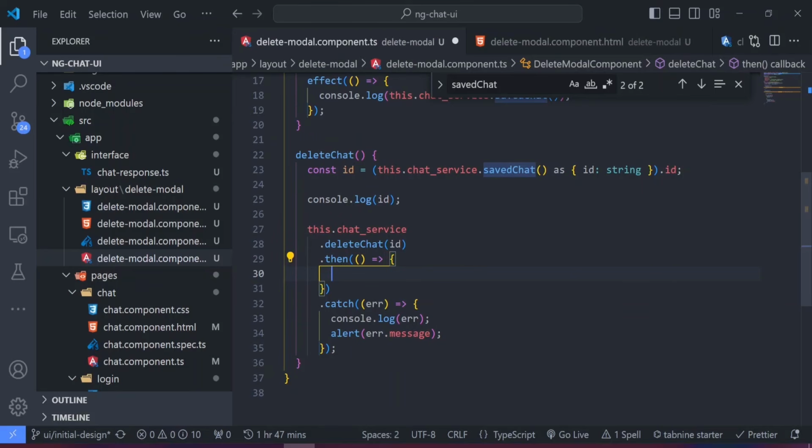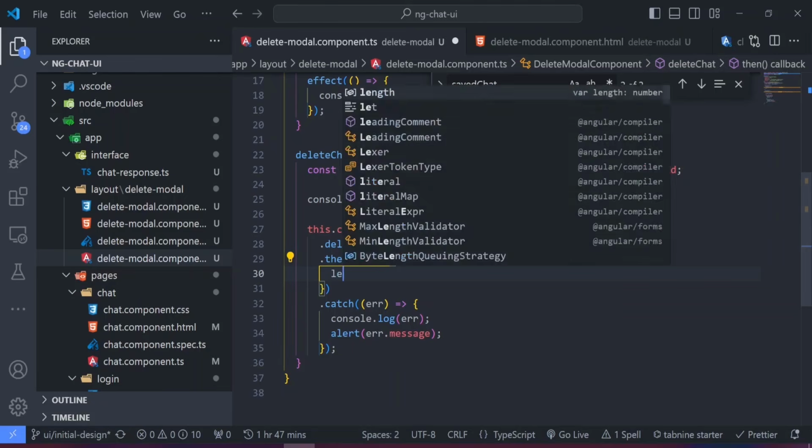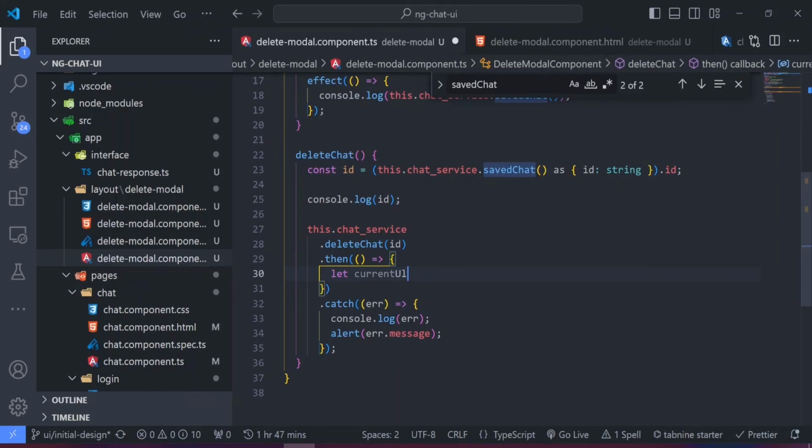We can start this implementation by creating a variable which says let currentUrl. What I'm basically trying to do is get rid of the modal and ensure the user has the latest data from the database in Supabase without refreshing or reloading the page. So that's what we're trying to do here. So I can now say let currentUrl. I typed it wrongly instead of URL. Sorry about that. Then we can now say this